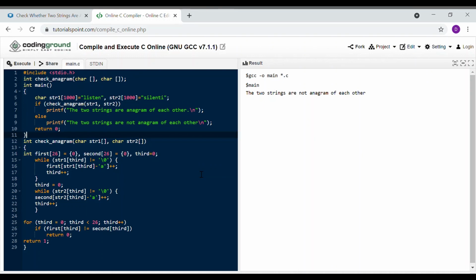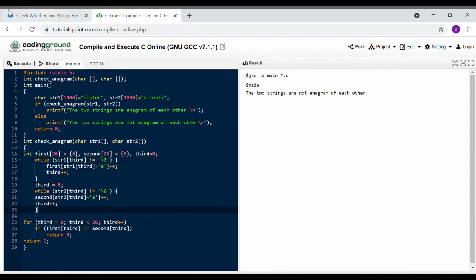I guess that will be more effective, just for space purposes. If you want to reduce the space complexity, you can do that with the help of a single array. For the first string you store all the counts, then for the second string you subtract all the counts, and at the end if you get 0 in all the array elements, then both strings are anagrams.